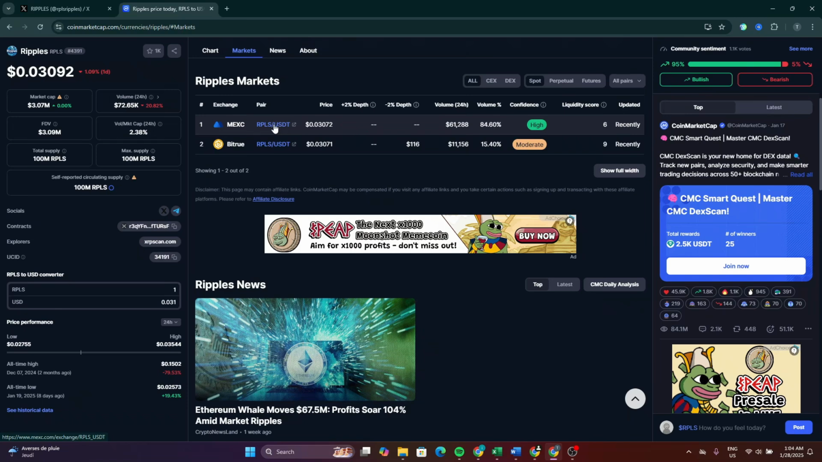If you don't have an account on Mixi, go down in the description. You will be able to find the referral link. Go and create an account on Mixi there and fund it with some USDT. After that, click on this referral link and you will be redirected to this token page